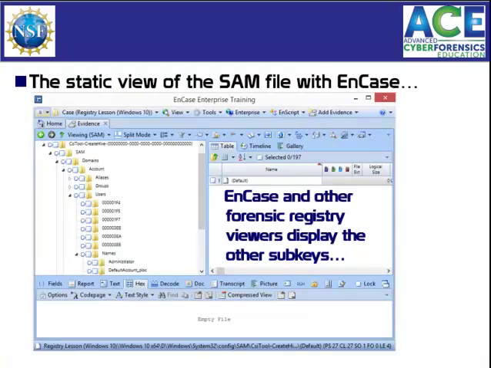When we look in the view of EnCase to screenshot, again we see the full structure of the SAM hive starting up here at the SAM subkey, going down